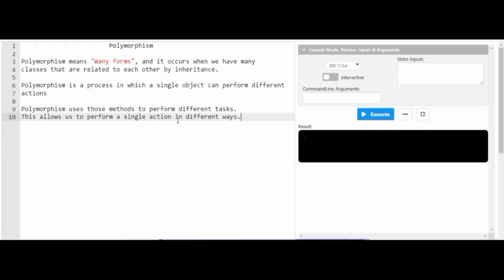So friends, speaking about the theory part first, I'll be taking this out and directly starting with the coding part. If you want to note down all the parts, I request you to kindly pause the video and note down all the theory part which I have written here. Now, speaking about the common example of this polymorphism.